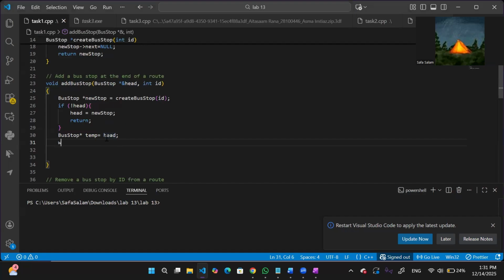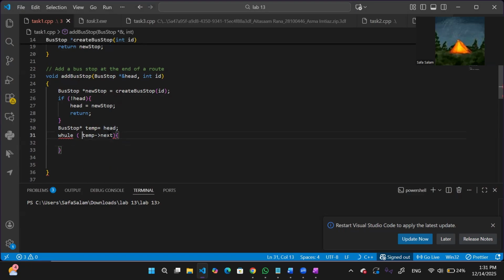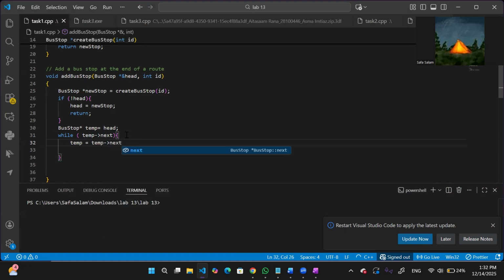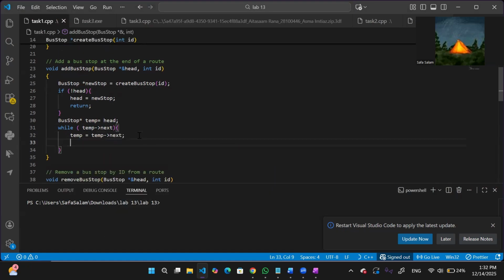So just using a while loop here that says that while temp's next exists, meaning while it's not null, you just keep iterating, right? So we keep saying temp equals to temp next, and then